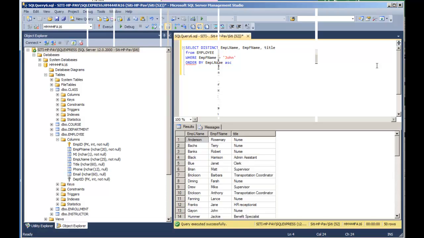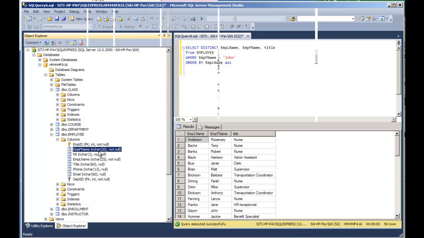Now, because the employee first name field, which is right here, is an nchar data type, you will have